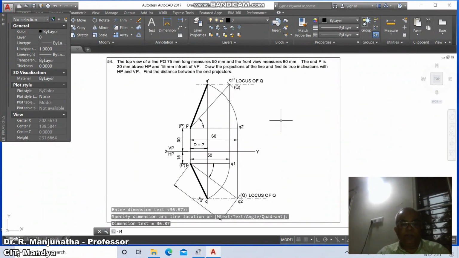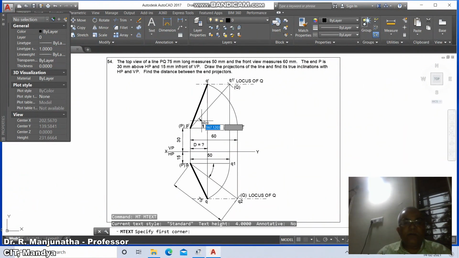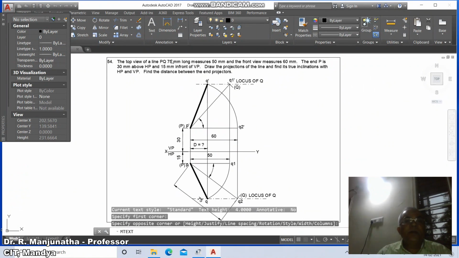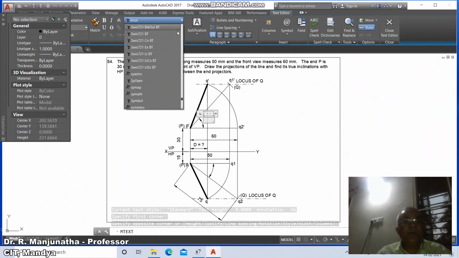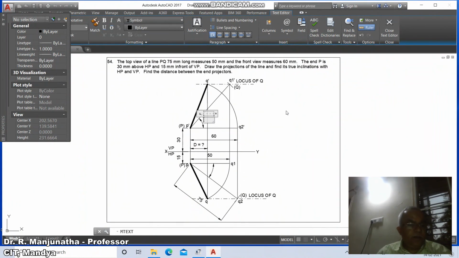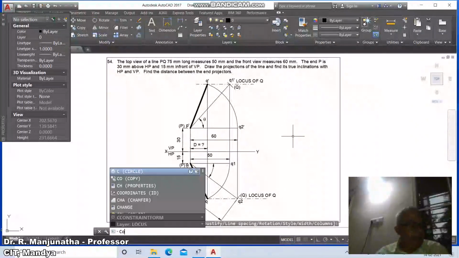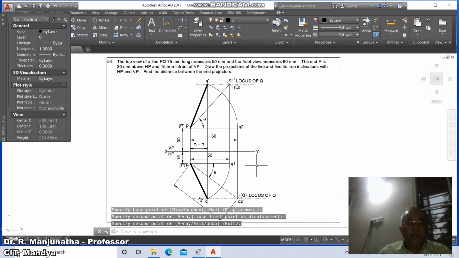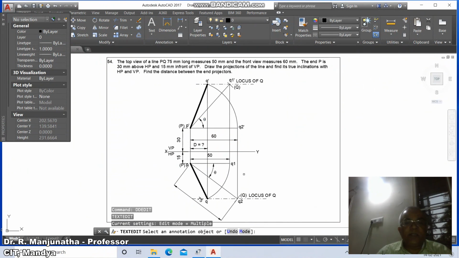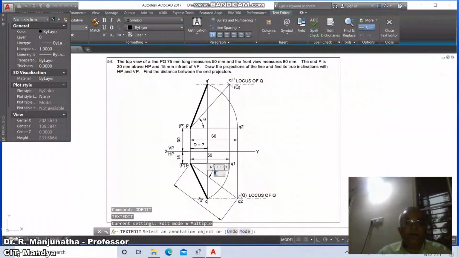Then go to M text, so here put the window and go to symbol, and select symbol and type small q and enter. Then go to copy, select this text and come down to this and go to DD edit, select this to make it small letter F.